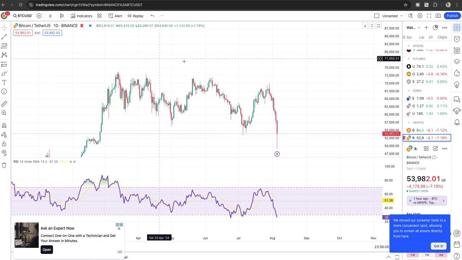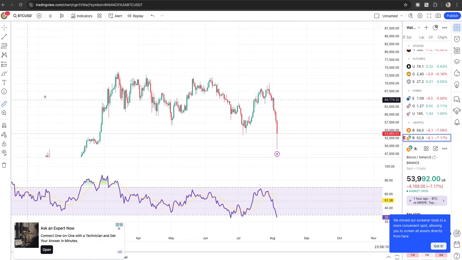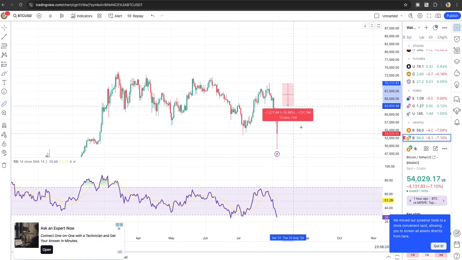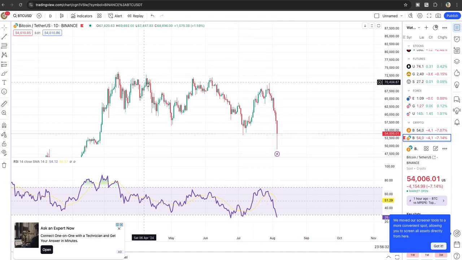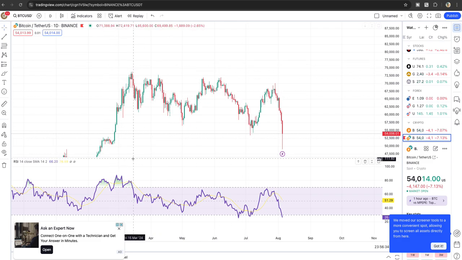First of all, I'm using this chart. This is the BTCUSD chart. This is a 30% crash, a huge crash. You can see exactly 30% down. In a bull market, 30% dumps are the best. Anyway,